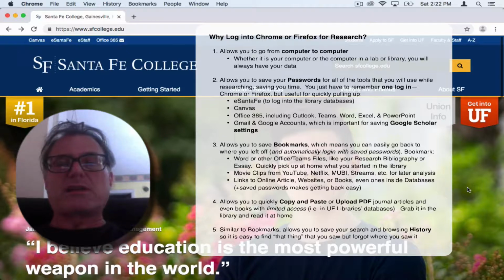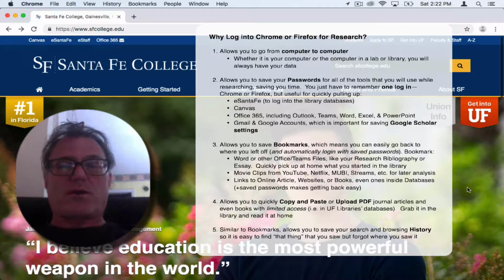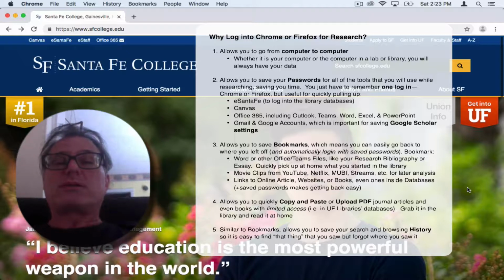If I've got a movie clip that I need to use, if I need a file inside my Microsoft Office 365 account, my OneDrive account, I can easily bookmark that and it will automatically log me in. If I want to go to a link for a search, which is something that we're going to be doing in the next tutorial on using Google Scholar, it can save that search, and I can always come back to it. I can always also go directly to the article that is referenced in the search,